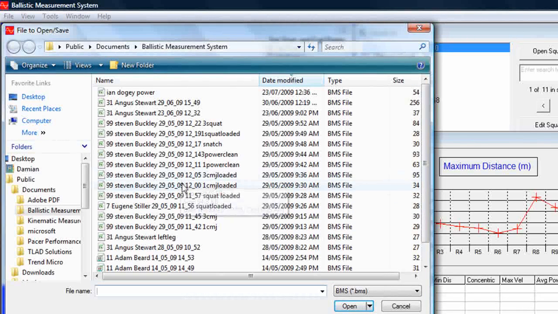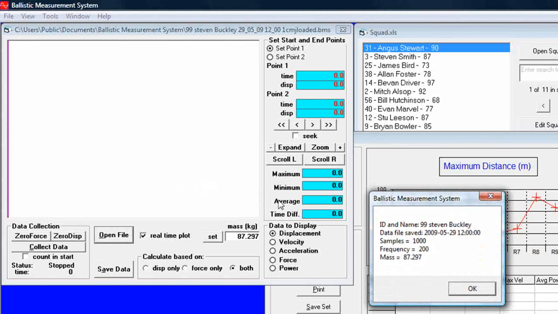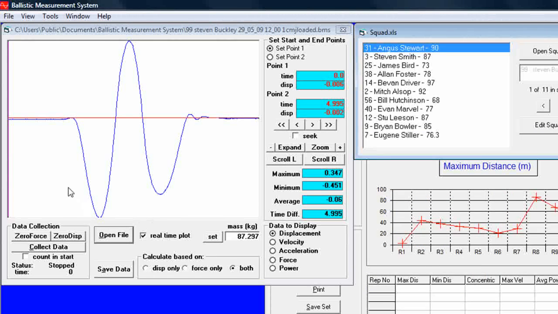In this case we're going to do a single loaded CMJ. We open the file. Here it brings up the number of samples, the sample frequency, the name of the athlete and the file name. We can click OK. Here you can see this trace has the good baseline leading in there and leading out